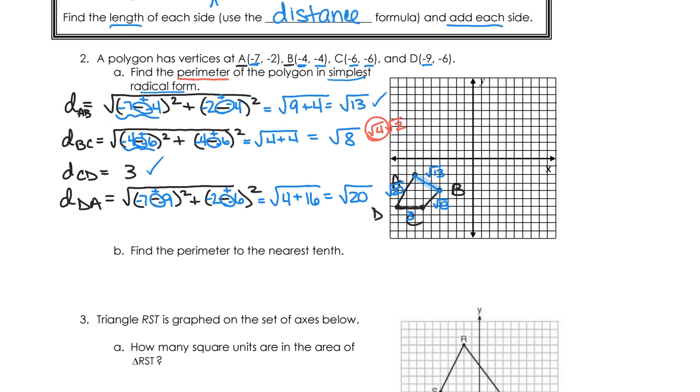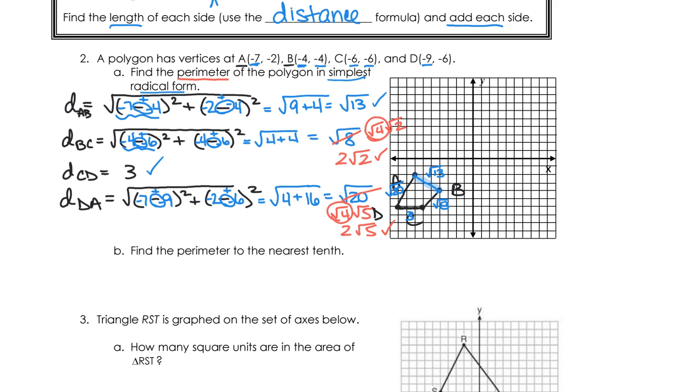And the square root of 4 is going to become 2 square root of 2. So we'll use that instead. And that one's now been simplified. Square root of 20 is the square root of 4 and the square root of 5, because 4 times 5 is 20. And the square root of 4 becomes 2 square root of 5. And so we'll use that as the simplest form. All right. And therefore, in simplest radical form,